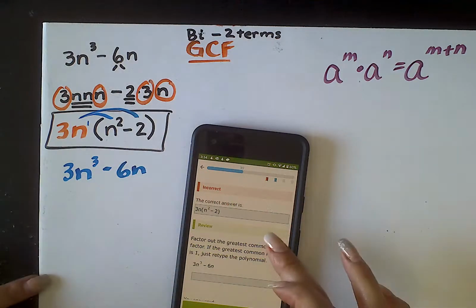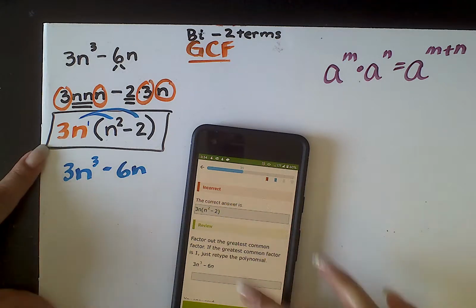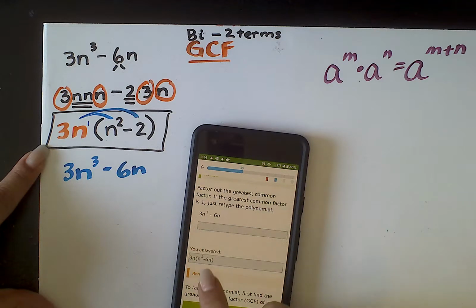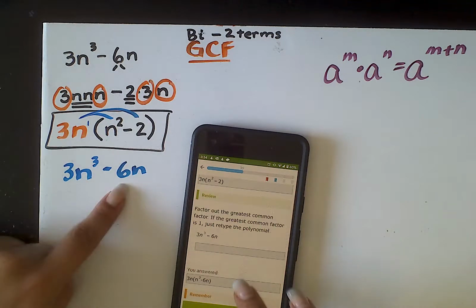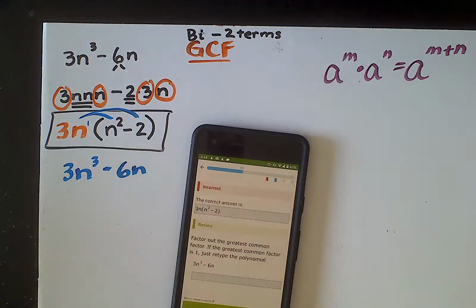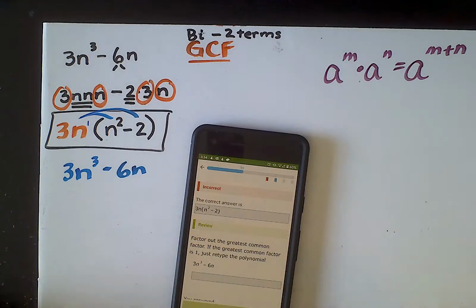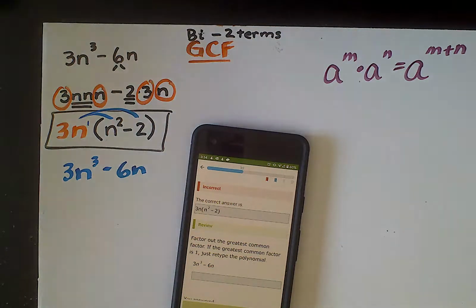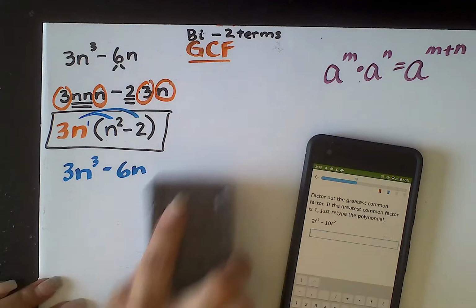Oh, look, see, I typed it incorrectly. The correct answer is, what did I type? See, I told you that I do things silly. Oh, what the function? I was looking at the wrong one. Oh, goodness. You guys didn't say anything on here. Oh, see, I just screwed myself up. I literally just did what I told you guys not to do. Come on, help me out here. All right, I'll take the hit. I have to, right? But I know I have the answer right. I typed it into iExcel incorrectly.